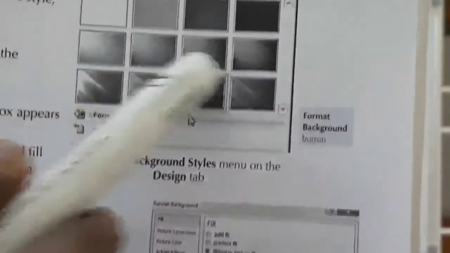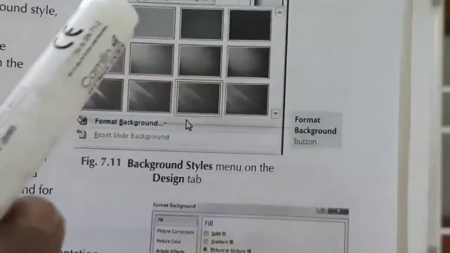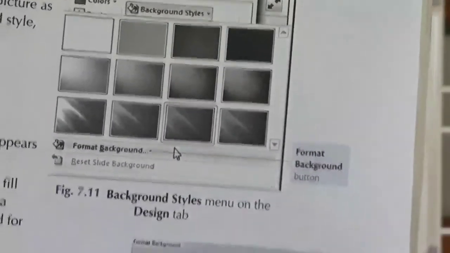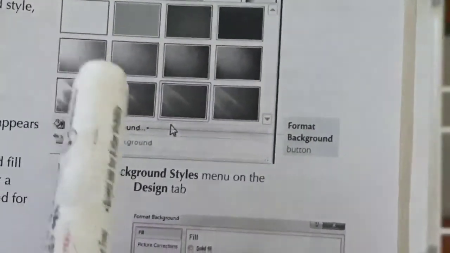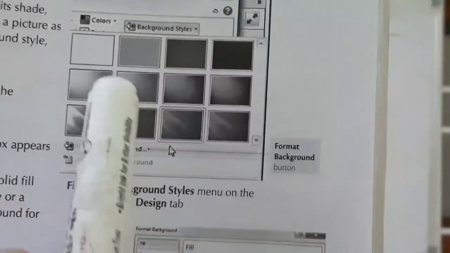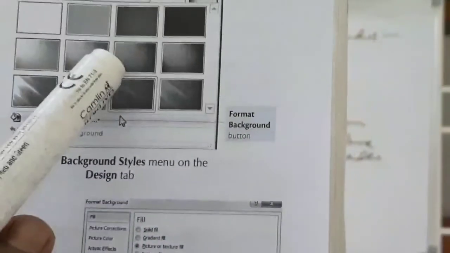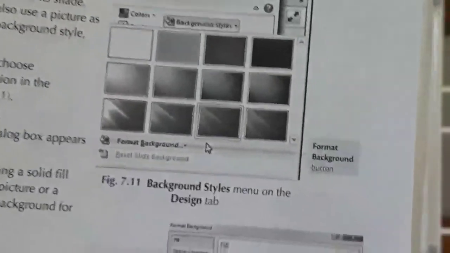You can easily change the background, texture, background shades, anything. You can also insert any pictures from your computer. If you want to insert a picture, you can download it from the internet, or if it is already stored in the computer drive, then you can insert the picture as a background. So in this way you can change the background style. I think you understand.